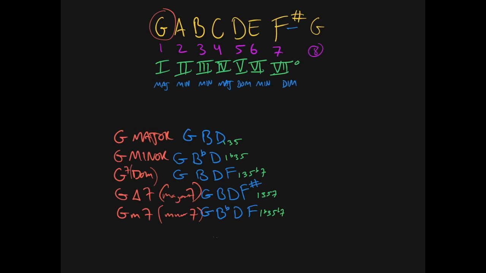So since we're building all of our chords from a G using a G major scale, the G major chord will be G, B, D, 1, 3, 5. The G minor chord will be G, B flat, as in flat 3. G7 or G dominant, G, B, D, F. Now here you see that F natural has actually a flattened 7 because the normal 7 is F sharp. So you got to keep in mind that